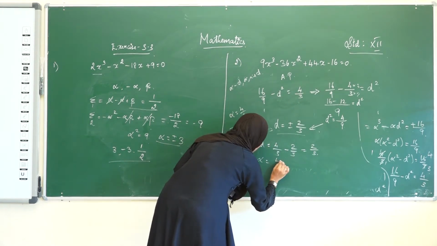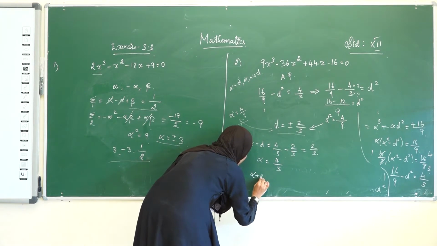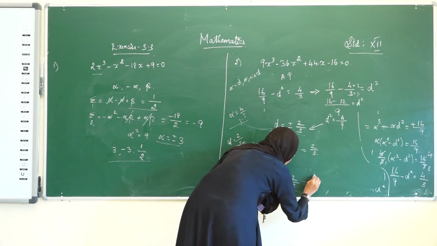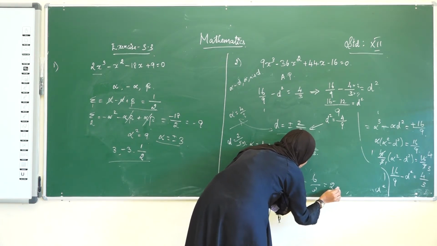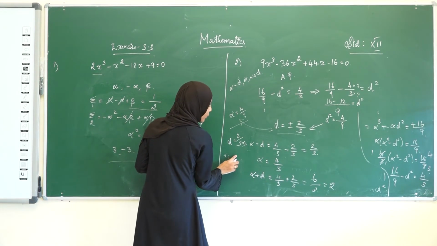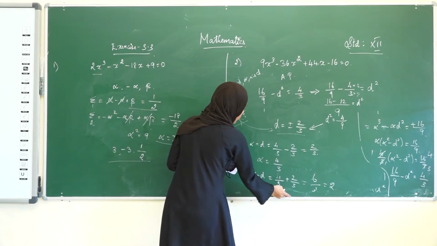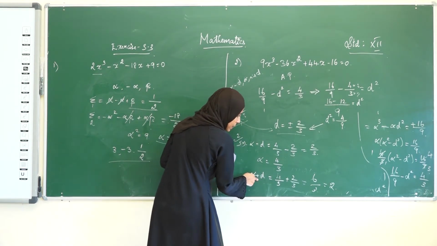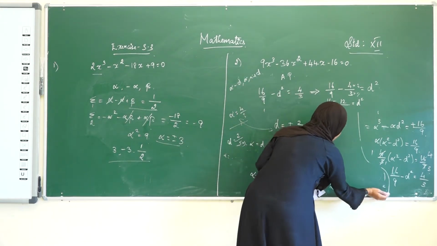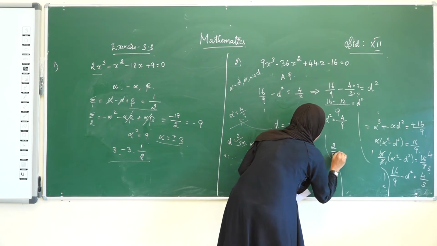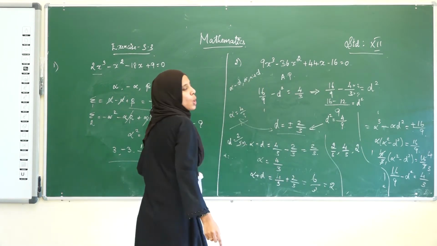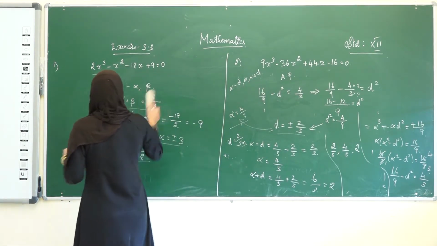Then alpha is 4 divided by 3 and alpha plus d is 4 divided by 3 plus 2 divided by 3, which is equal to 6 divided by 3. The value is 2. Again, when we take the value of d as minus 2 divided by 3, alpha minus d's value will be 2, alpha's value will be 4 by 3 and alpha plus d's value will be 2 by 3. Therefore, the three roots are 2 divided by 3, 4 divided by 3 and 2. Hence, we have solved this cubic equation whose roots are in arithmetic progression.